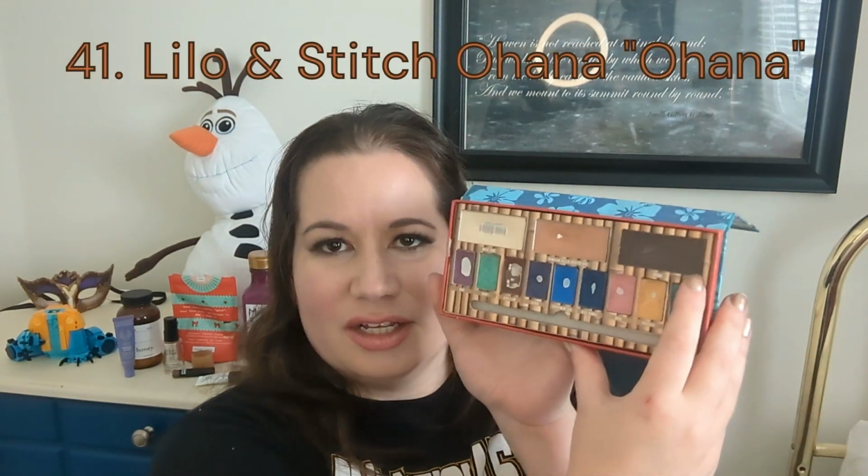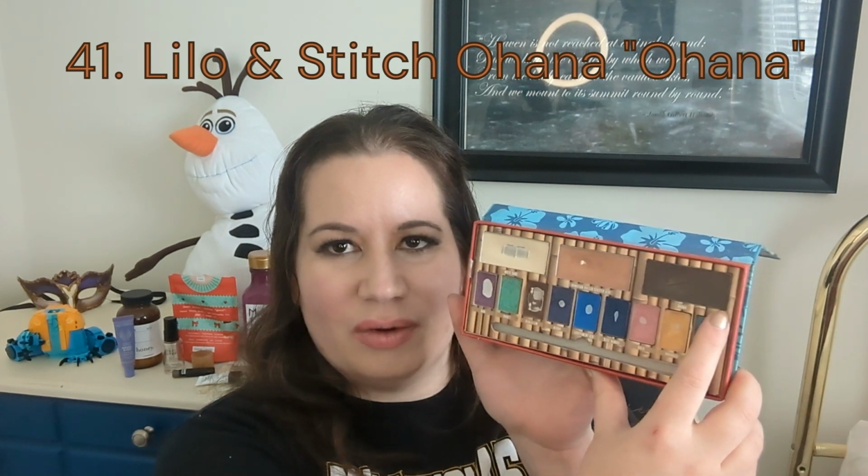Then I have 2 eyeshadows that are counted as 2 separate products, but they are in the same palette. This is the Disney Lilo and Stitch Ohana palette, and there's two browns in here. This is the shade Ohana, and so that's a very dark matte brown, and I'm wearing this today. I have a goal of hitting pan in it, and there is no pan yet. I have used it twice in the last month, which brings me up to 24, and so it's still in